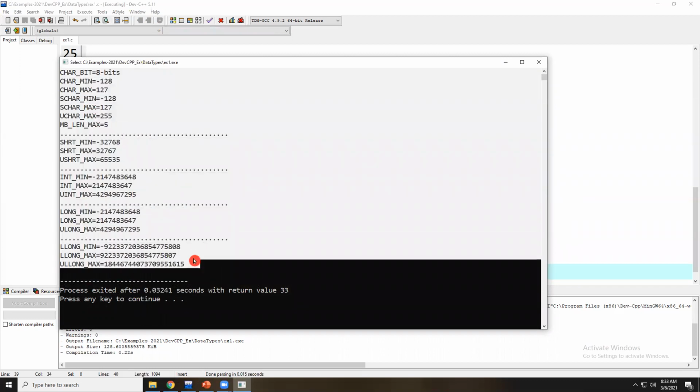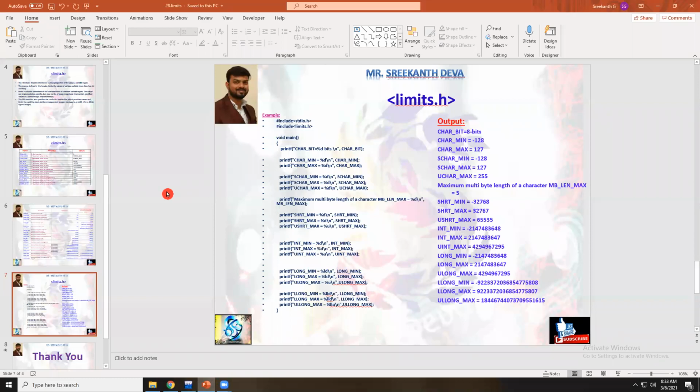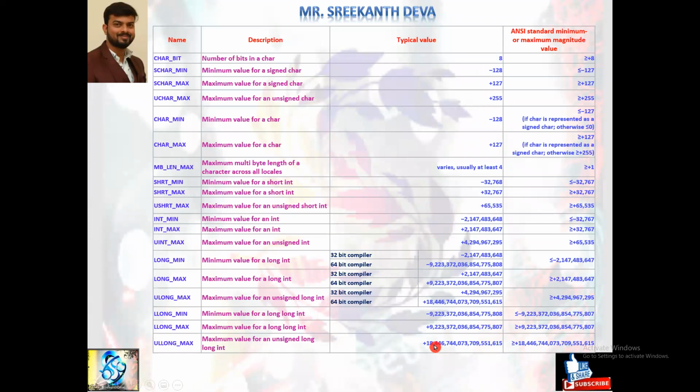So in this session we discussed in detail how to print the min range and max range available in the constants of the limits.h header file. This is what I explained in the previous video session in the data types topic, with the character type sizes, short type sizes, int type sizes, and long type sizes, with the min range and max range of signed and unsigned types. This is an example program we discussed in detail about the limits.h header file. Check the table; we got these outputs, just compare with this table.